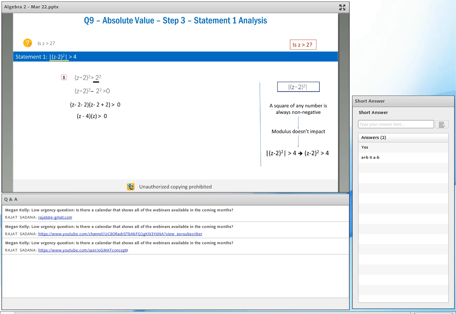a square minus b square is greater than 0. All right, then you say, this means z minus 4 multiplied by z is greater than 0. That's what this leads to. Is everyone with me till this point? When you simplify this, z minus 4 multiplied by z. All right, which means that